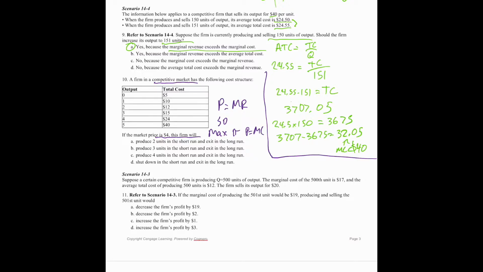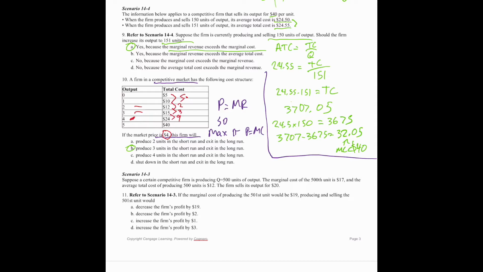So then let's just look at the marginal costs for this. We've got 5, 2, 3, 9. Well, what's the price in this market? $4. 5 is too high, so I would enter the market. And then I would produce this second unit and this third unit, but I would not move on to produce this fourth unit. So then this firm is going to go ahead and produce 3 units